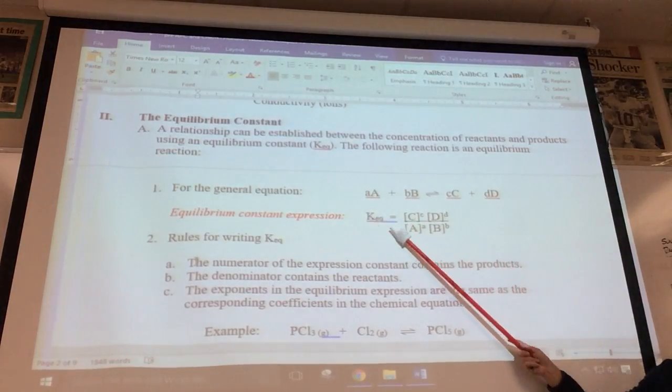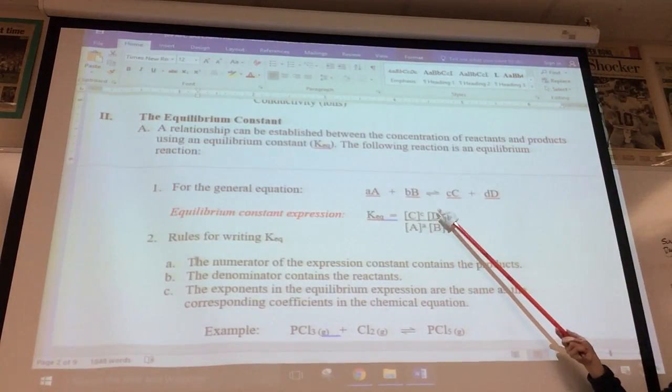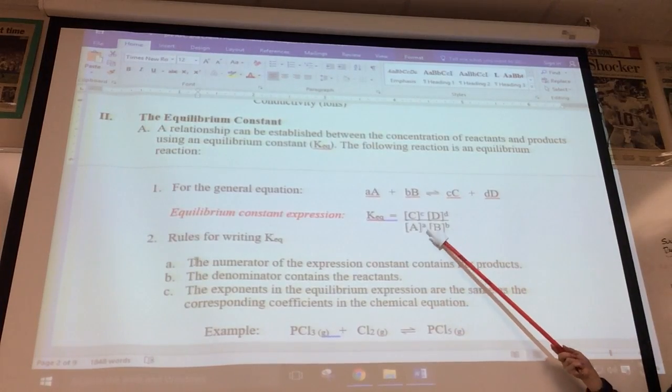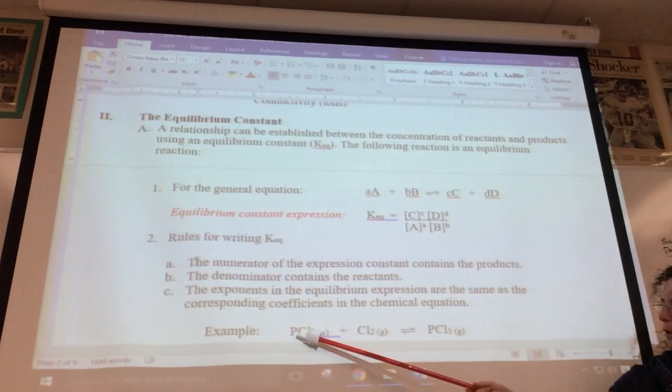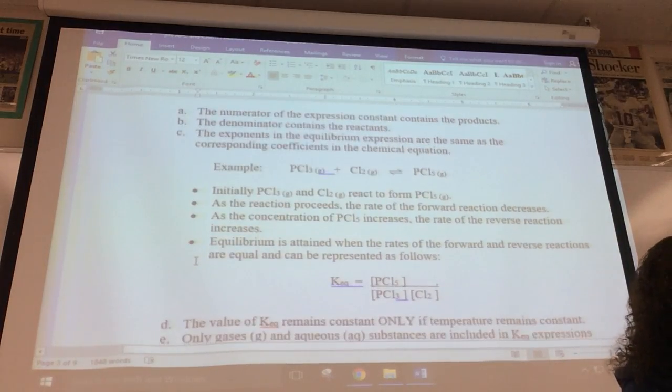KEQ expression. Your rules for writing them: the numerator contains the concentration of products, the denominator, reactants. The exponents are the coefficients. So if you wanted to write the equilibrium constant expression for this equation here,